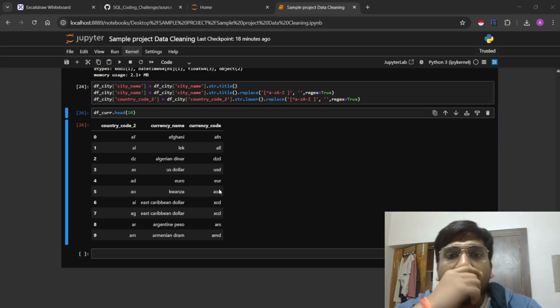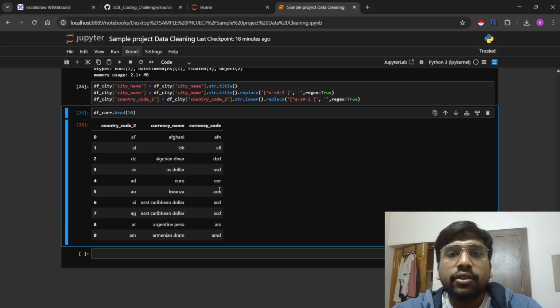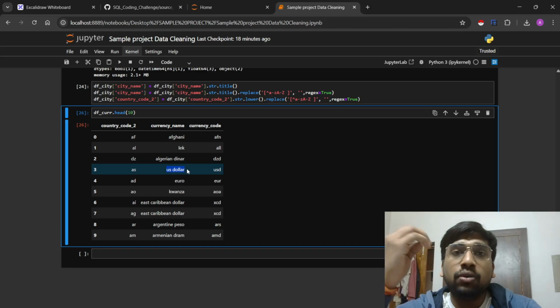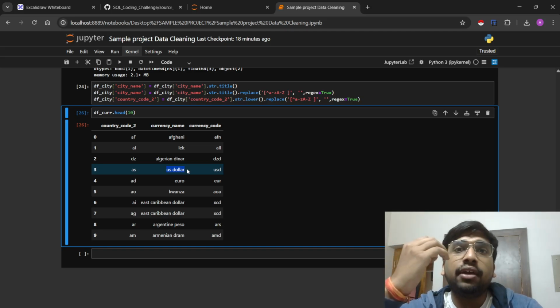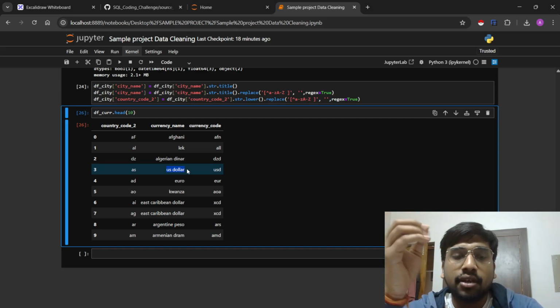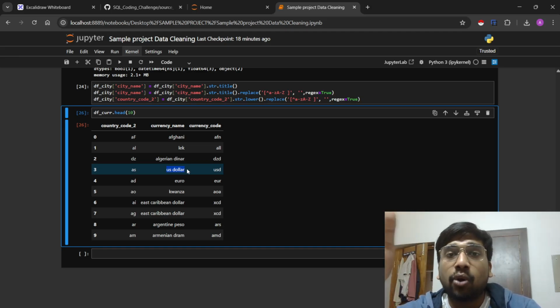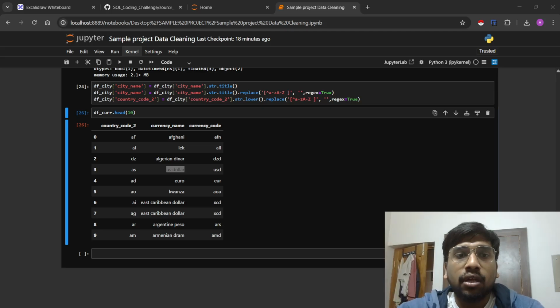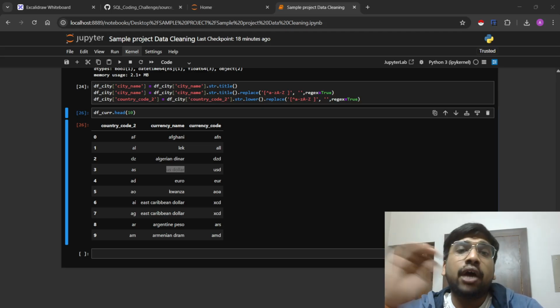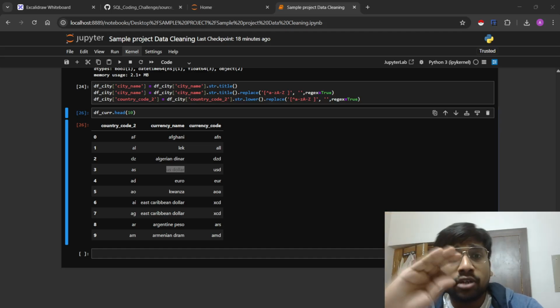I think I would also like to do one thing here. In this case, the US dollar, I would want it to be written the way it is actually written. How is it written? The U and S are capital, right? So it should be capital US and then dollar, and in dollar the D should be capital. This is one thing I would do. Other than that, the rest is all the same. You just need to do the data cleaning part, which we have already done.